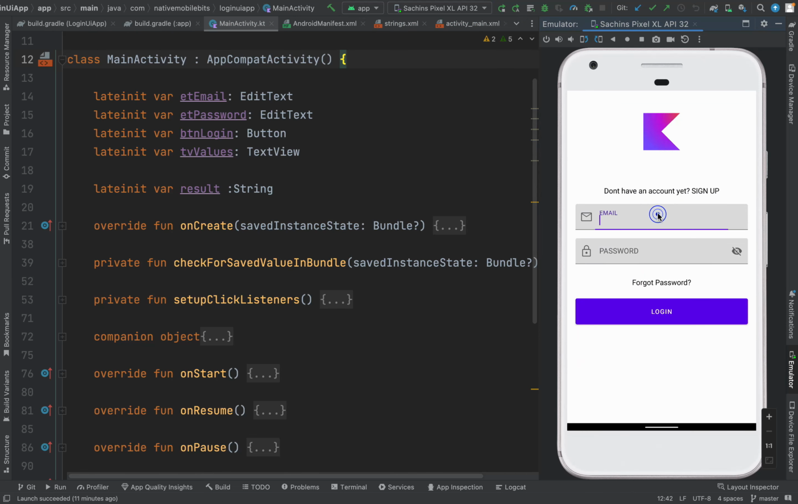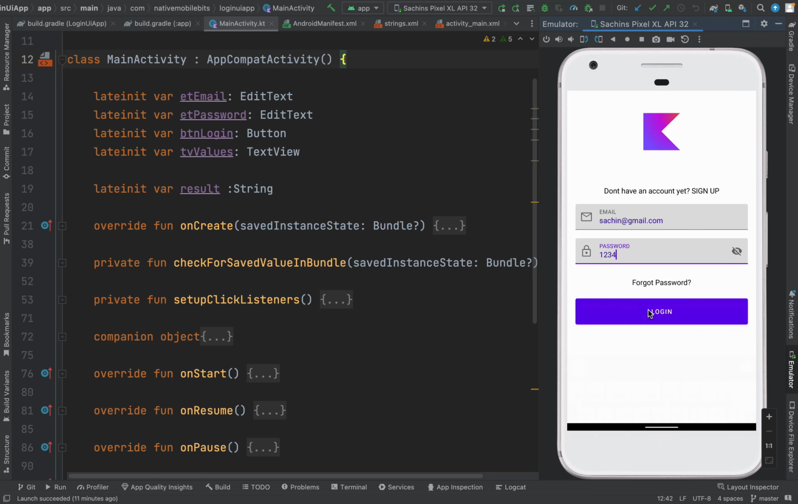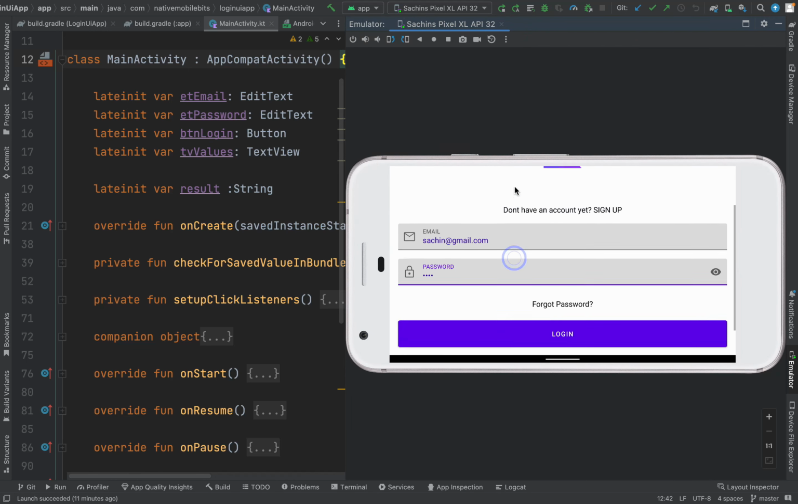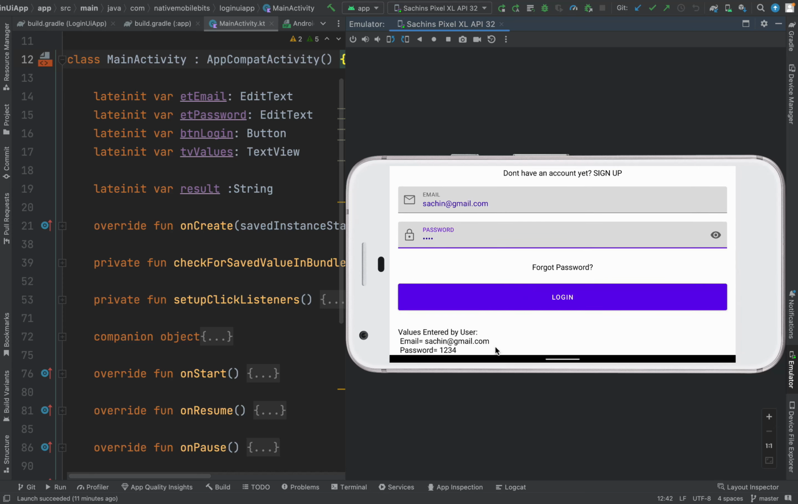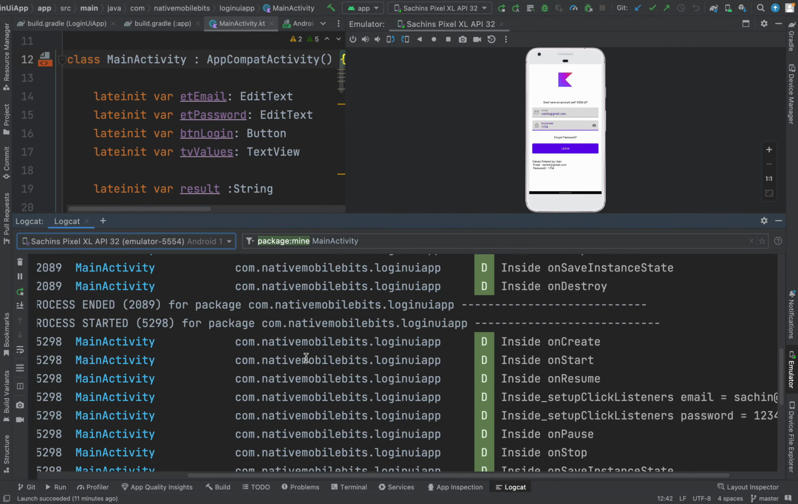So our application is installed. Let's enter some value. We can enter the password as well. Now if we click on this login button, our values are coming here, and if we rotate our device as well, let me just resize this, and if we scroll our application, we can see that values are still there. If we rotate it again, we will see that values are still persisting. Now we are not losing any data, and if we go and check out the logs, we'll find out